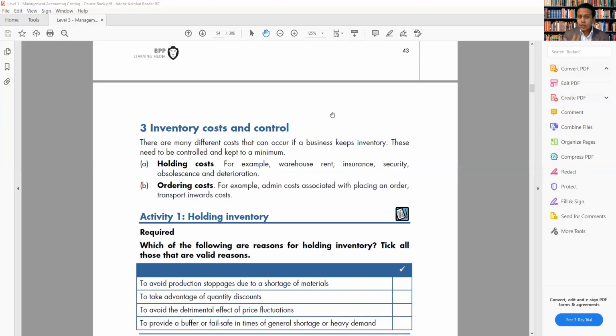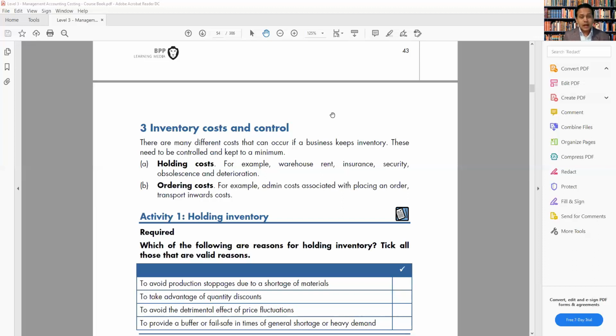Now, before you order the raw material, there are some points that might be helpful for you before you actually make the order. For example, the first point we consider is demand. So how much is the demand we have in the market? Let's say if I buy a huge quantity of raw material, but we don't have enough demand in the market, the raw material will be in the stock for a long time, and